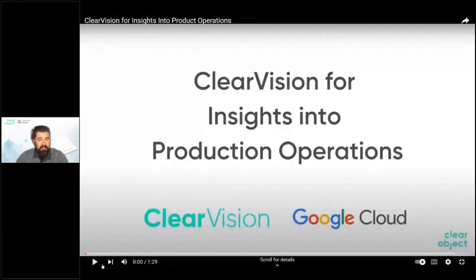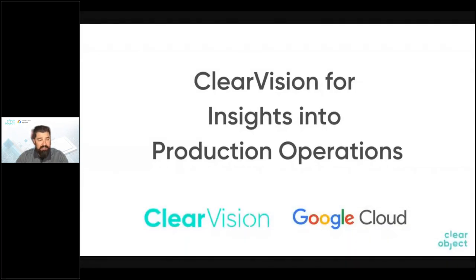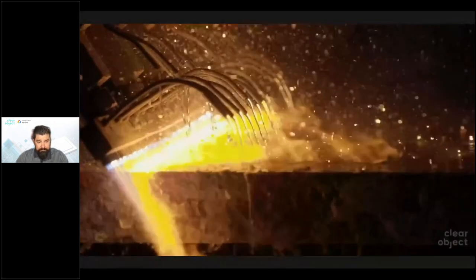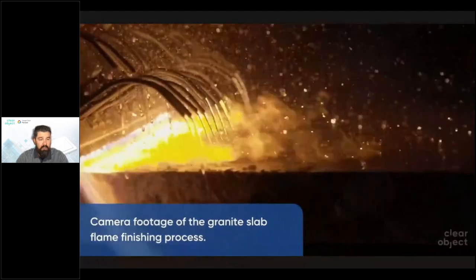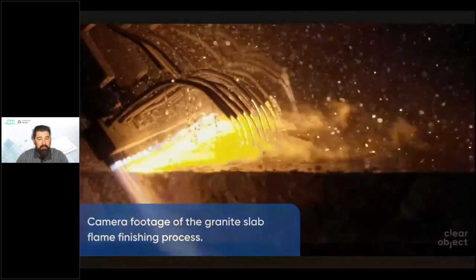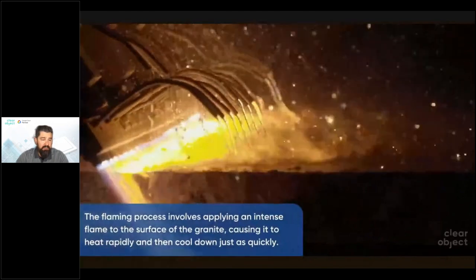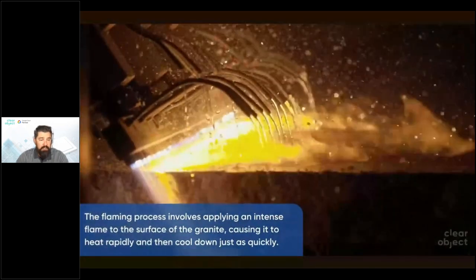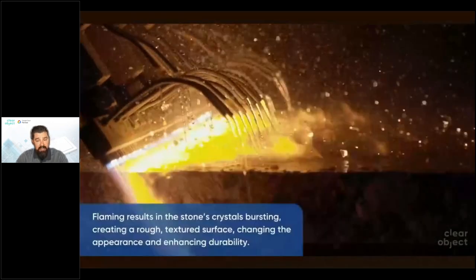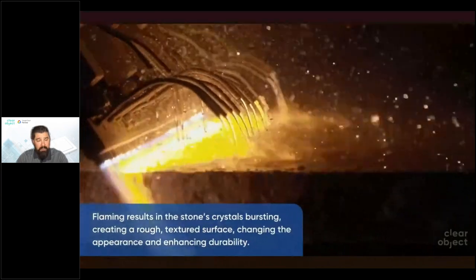The second demonstration that's going to be pulled up here is just another example of how there's a broad range of applications. This example specifically demonstrates a manufacturing process around granite. You might look at this and say, okay, well, how's an AI system going to help me here? In this case, you can think that the heat from the flame, the cooling from the water, and the line speed can impact the overall quality of that.